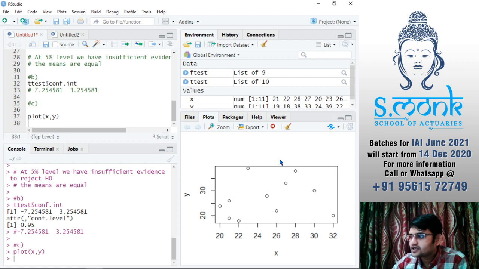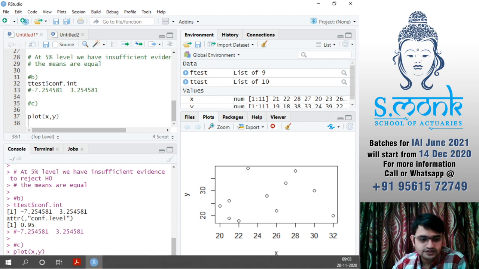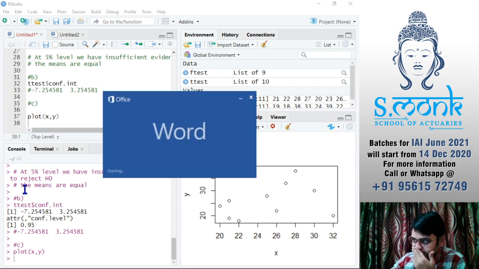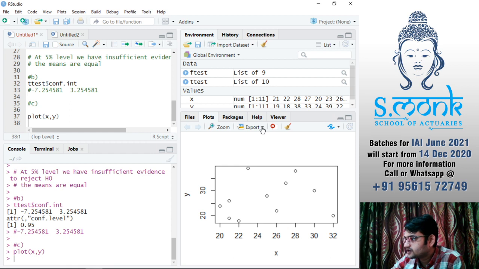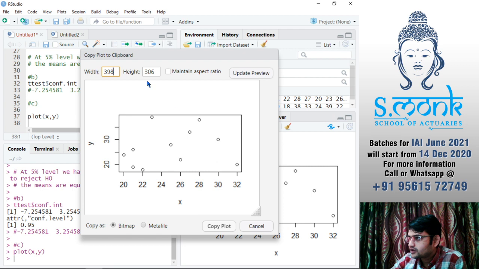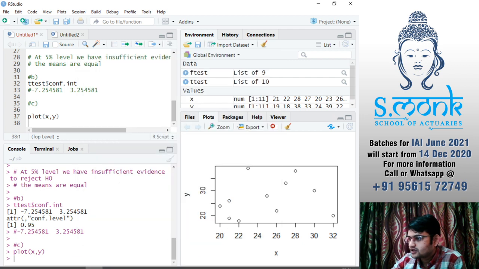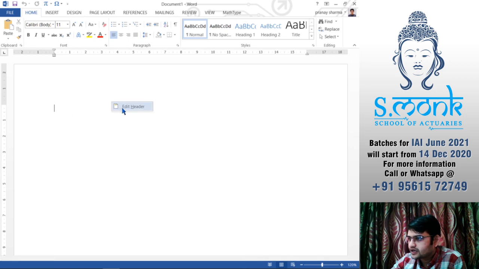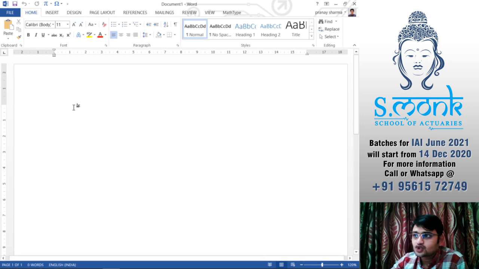Second thing is you can directly copy and paste in Word. So I'll just open Word again. I closed it. In export, go to copy to clipboard. Okay, so it shows you how you will have to copy. Don't change anything here, just press copy plot. And in Word, all you have to do is right click. I think right click is not working.